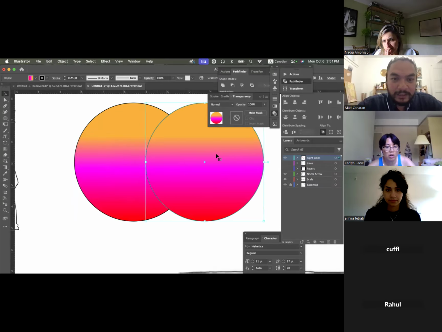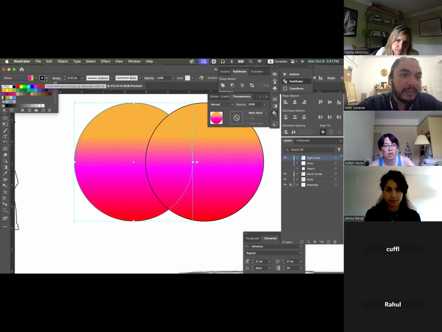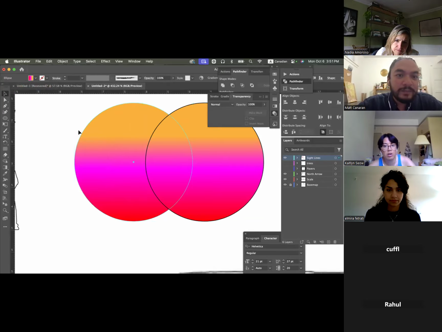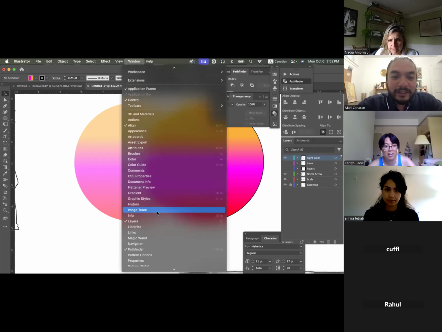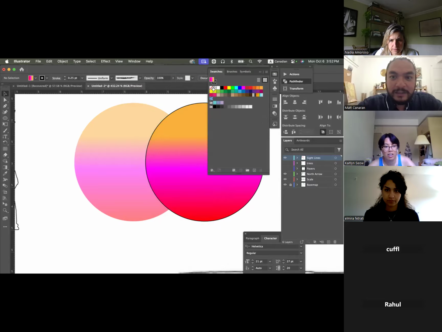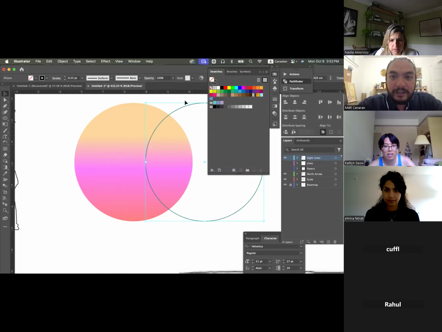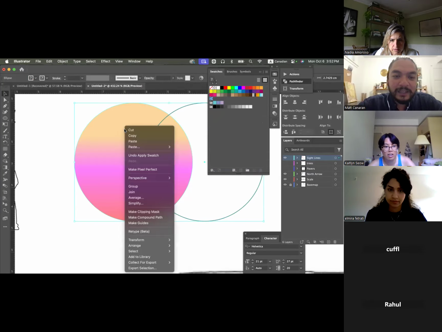One way is that you could duplicate the two images and get the outline out of one, change the fill of the one with the outline to 50%, and get rid of the fill in this one. Sorry, I just have the zoom menu in the way here. You can get rid of the fill here. I'm going to do it by going into swatches, get rid of the fill, and then now I just have my outline, and I can select both of these, right click, and go to arrange, or I can go to